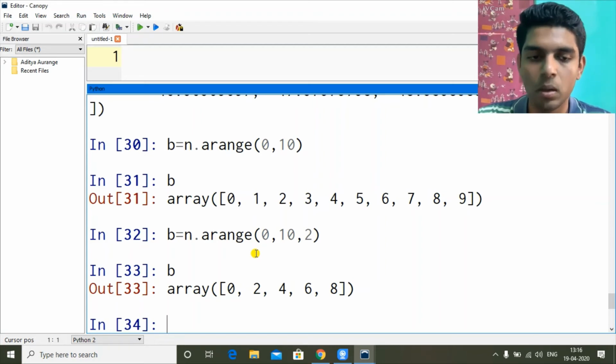Like if you are given an exam question like create a 3 by 3 array of values ranging from 1 to 9. So 3 by 3 array, you can manually create it. 3 by 3 is a 2D array. So a 2D array having values from 1 to 9. Or you could use reshape.